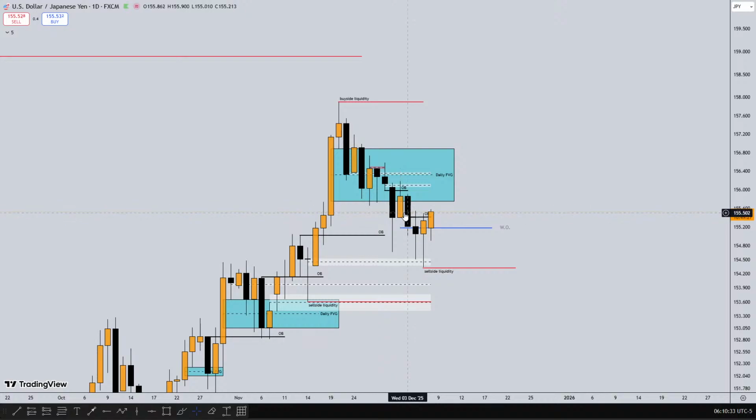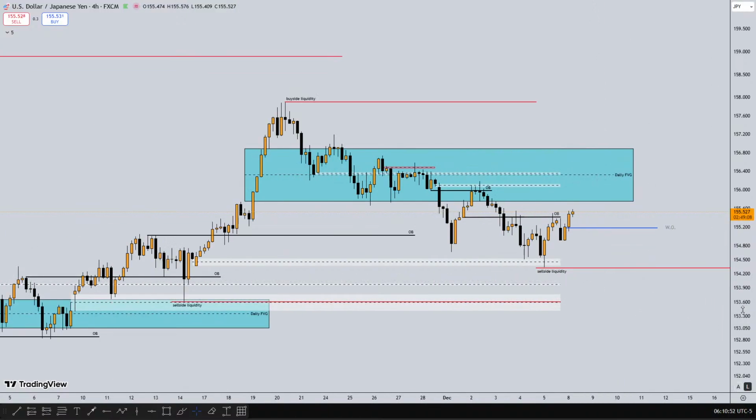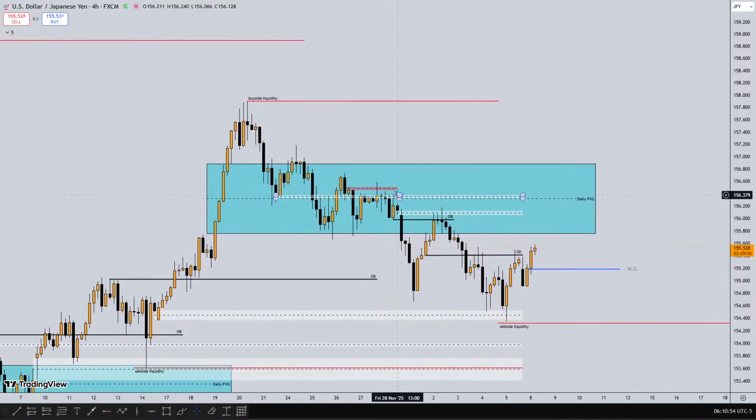At the same time, daily order block, 1 hour shift of structure, I will be anticipating lower prices for price to run the sell side liquidity. But at the same time, I might be wrong and price might trade through, because if we go to the 4 hour time frame, I think there's a trend line liquidity here. There's a trend line liquidity, and we might see a sweep on that liquidity,